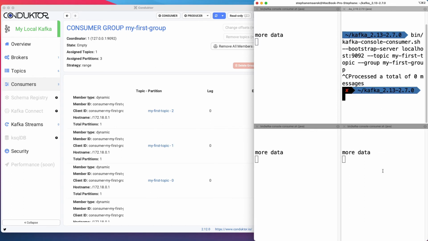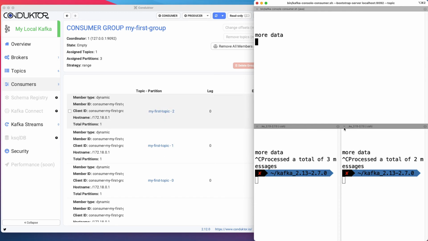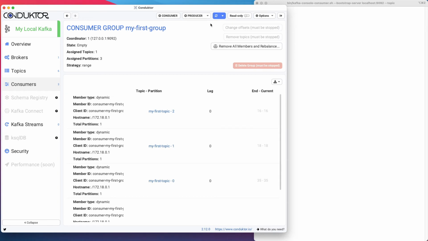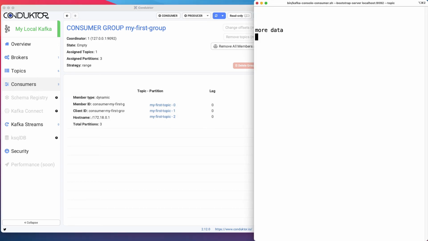So what I can do now is stop all these consumers one by one. And the only consumer left is this one. And automatically, Kafka is very smart and is going to rebalance things. And if we look at this, we can see now that this consumer is reading from my 3 topic partitions. So this is quite handy, and a demo I really, really like to show, especially using the Kafka consumer group